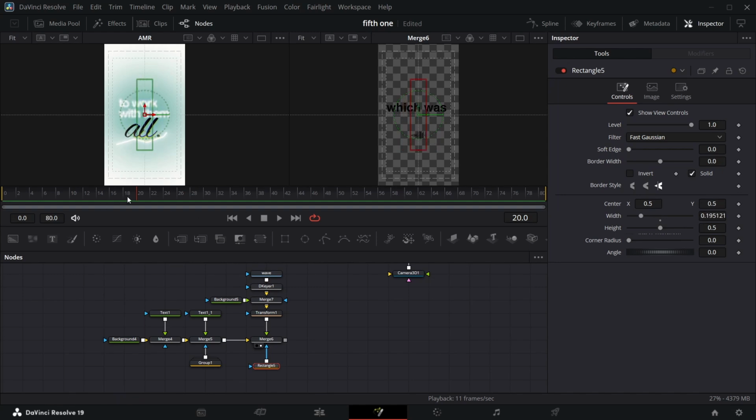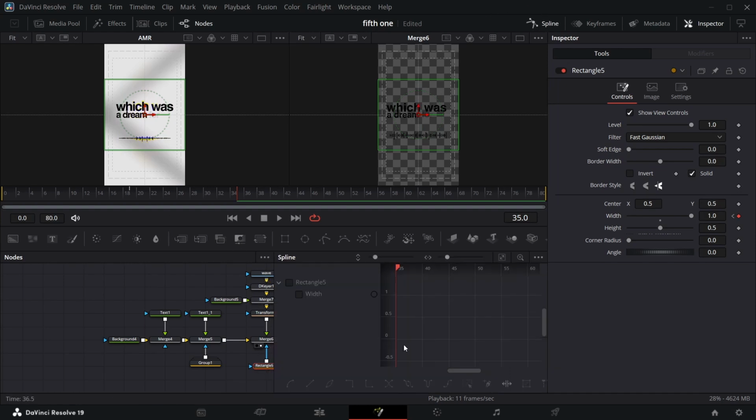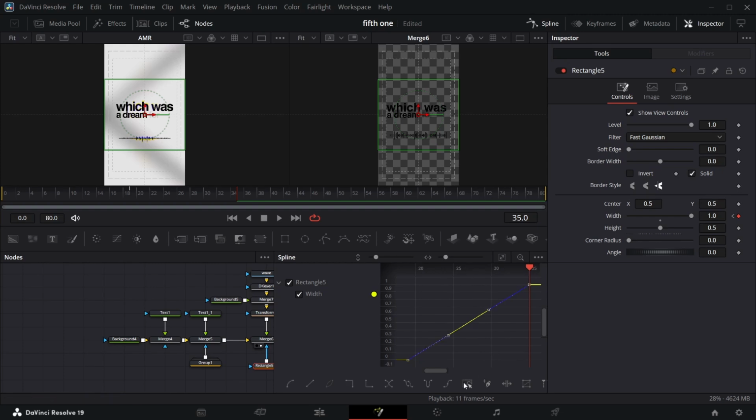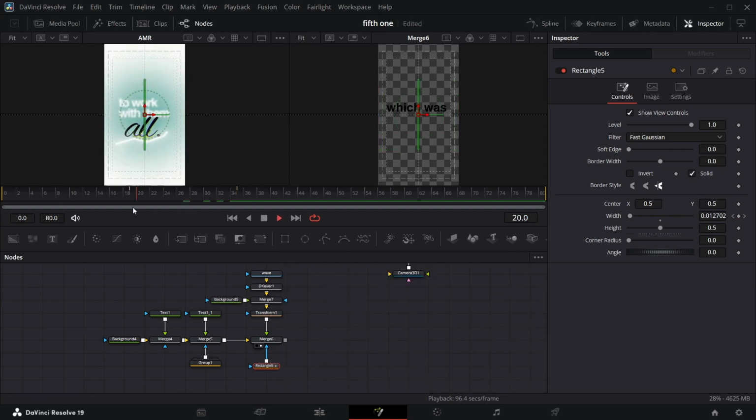So we're going to go to a frame where the animation starts. That is frame 19. We're going to go to the length of this one, keyframe the length, take it down to 0 and go to where it stops. That is, go to frame 35 and take the length all the way up to 1. Then go to spline. We're going to take this to spline. Check that zoom to fit is, let's just hit S, select that S is out to around that level. So if we play it now, good,